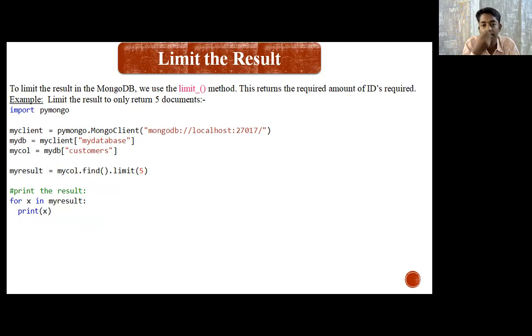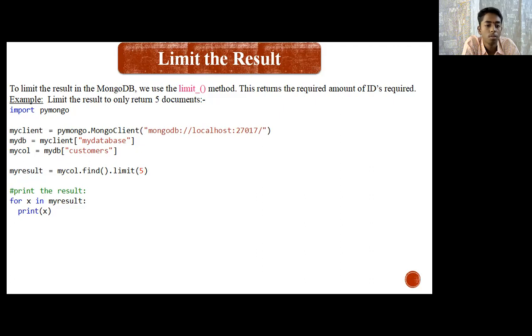In the limit function, we can say that up to some extent you want to return the IDs or the records, then you use the limit function, which limits the documents to print to only 5 documents, as we have mentioned in the example. Limit the result to only return 5 documents. So it limits the whole table to 5 and removes everything from 6 to 14, and only prints 1